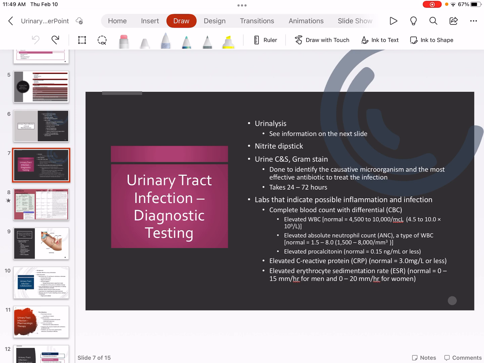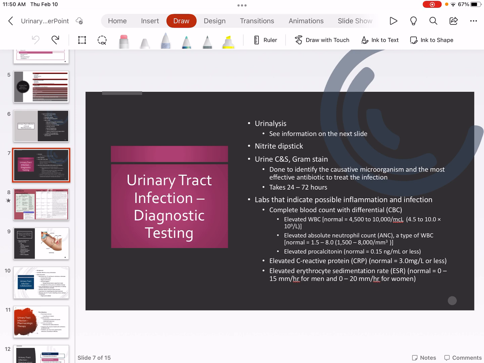I will be talking about that further in the infection and inflammation lecture video. Just know also that any type of culture, whether it's a urine culture, blood culture, wound culture, typically takes 48 to 72 hours. So those results will not be back right away. So realistically, the provider's not going to hold their antibiotic therapy until the culture comes back. They're going to start them on an antibiotic